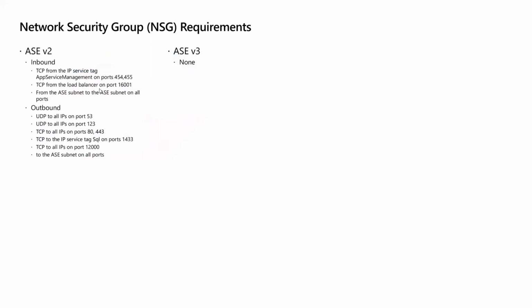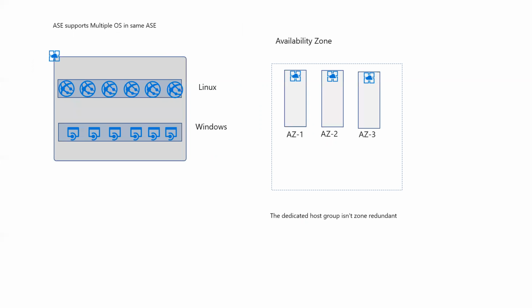So in v2, if you look at the network integration documentation from Microsoft, they clearly call out what inbound or outbound traffic needs to be managed explicitly in App Service Environment v2, whereas in App Service Environment v3, you don't need to take care of any of those things. Those are all addressed internally by the Microsoft team.